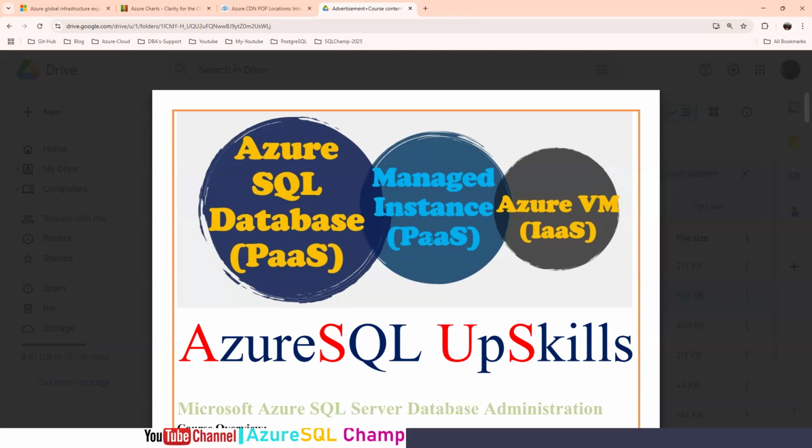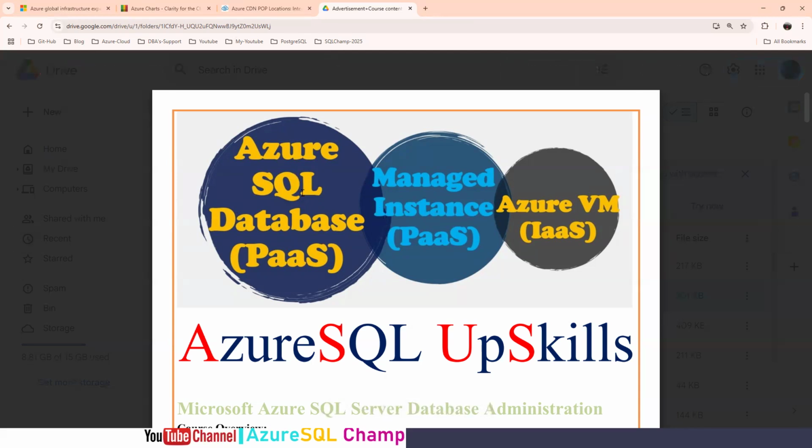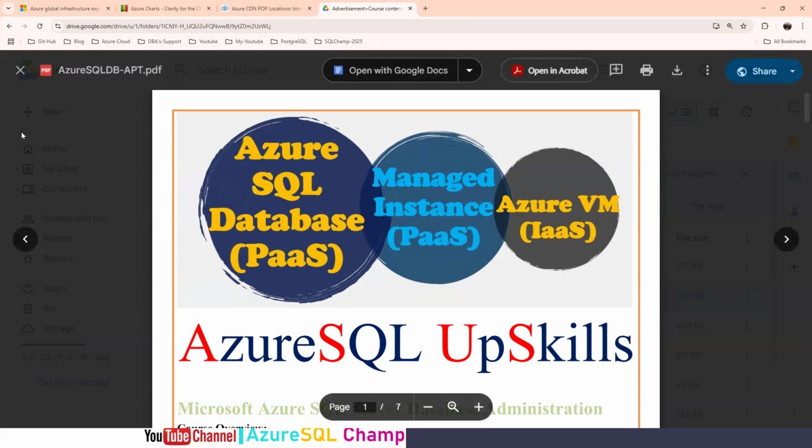The people who are interested, you can raise your hands. I will talk about this separately. As part of this training, first we are going to spend more time on the Azure SQL database, because MI is not a free tier subscription. It is a pay as you go model. We need to pay and we need to spin the instance. Microsoft will charge a higher value.